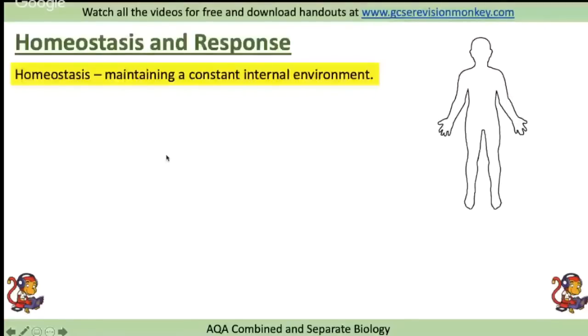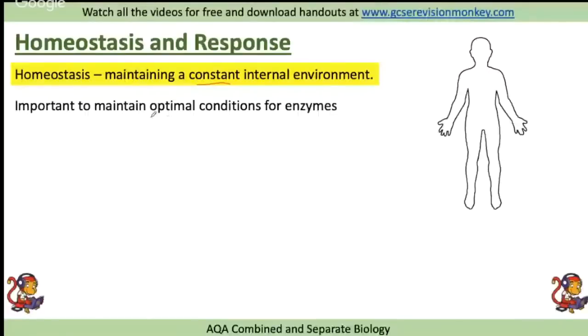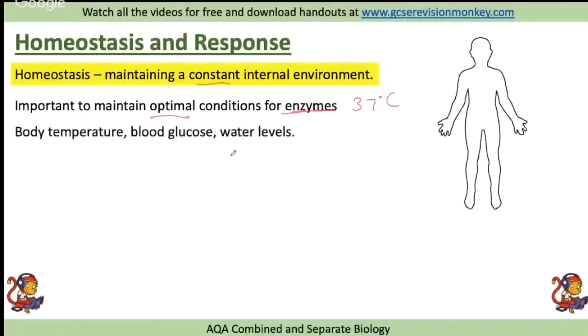Homeostasis means maintaining a constant internal environment. This is important to maintain the optimal, which is the best conditions for enzymes. So enzymes working in your body, for example, work best at 37 degrees C. So we'd want to maintain that temperature at exactly 37 degrees C. Not only do we want to keep body temperature the same, but we'll also want to keep things such as our blood glucose, so our blood sugar levels, and our water levels within our blood and within our body cells